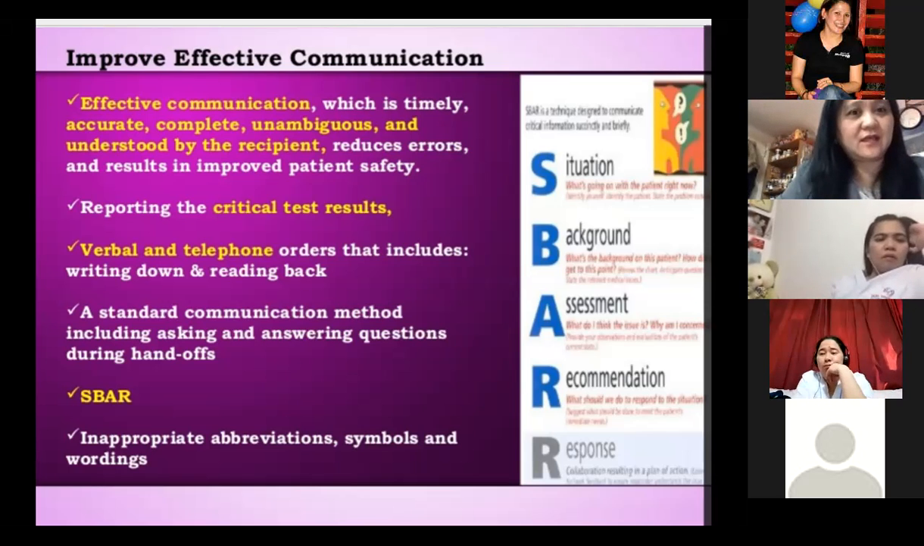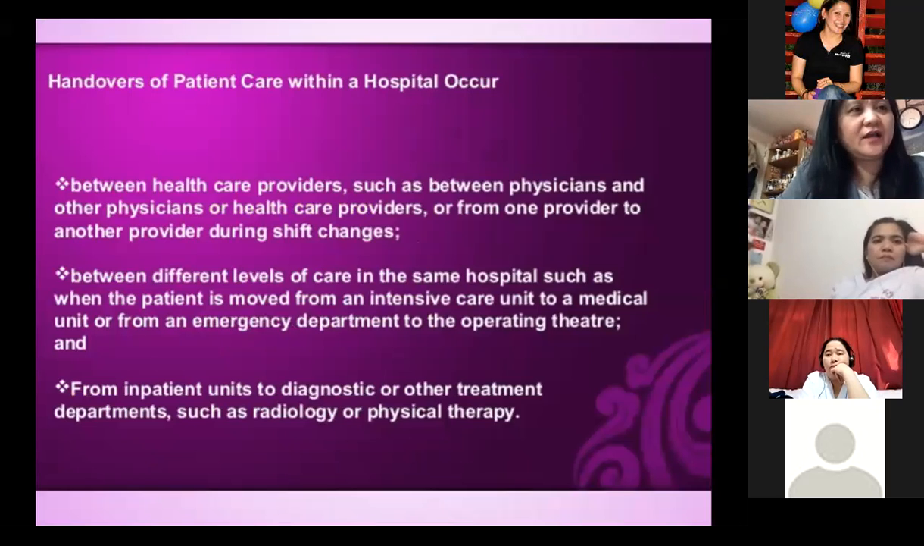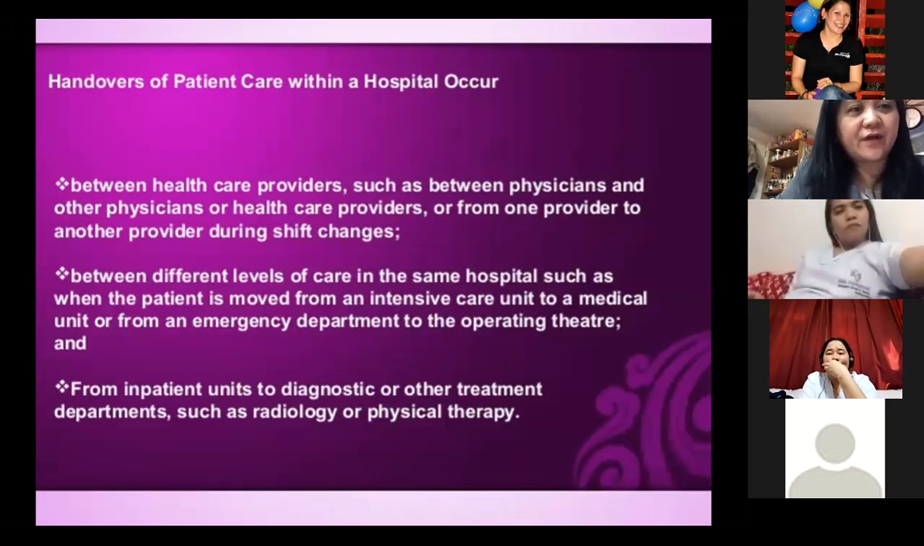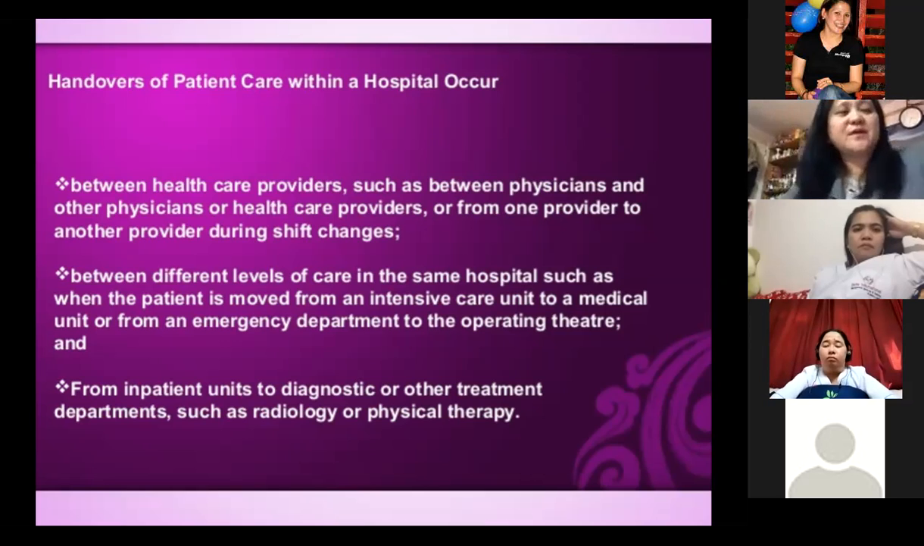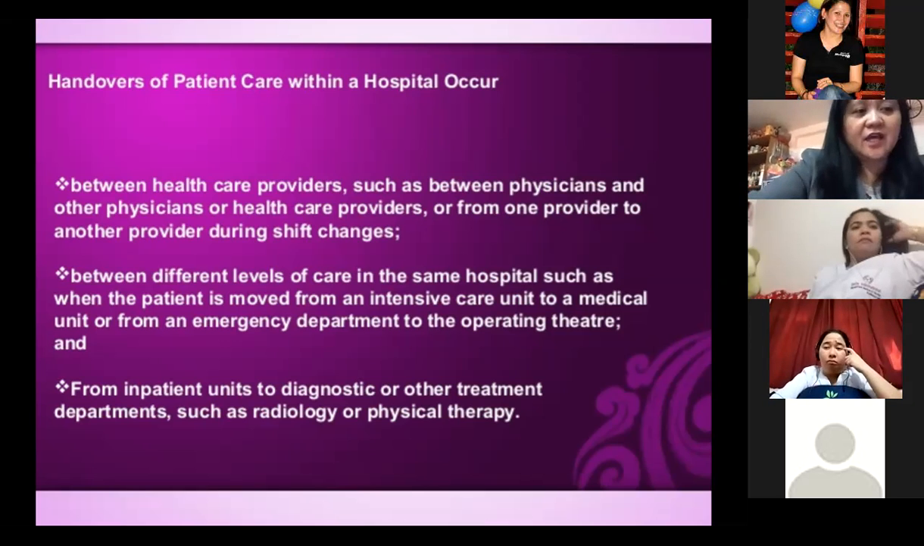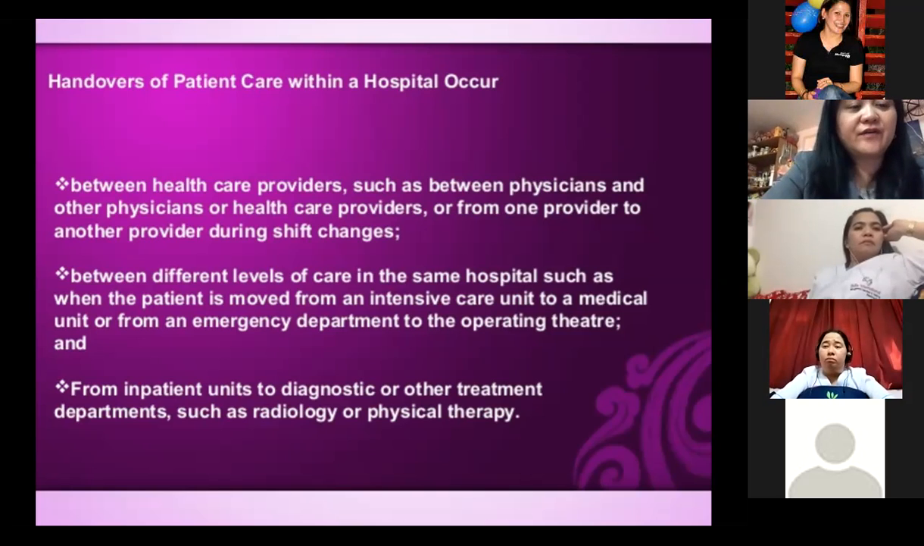And handover of patient care in the hospital situation is between healthcare providers, such as between the physician and another physician or healthcare provider, or from one provider to another during the shift. It must be handed over correctly. And in between different levels of care in the same hospital, such as when the patient is moved from the intensive care unit to the medical unit, or from the emergency department to the operating theater, there should be